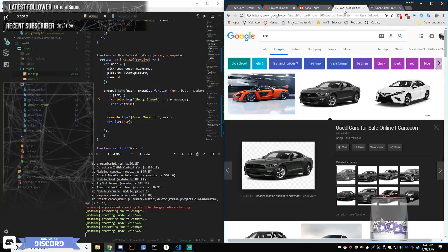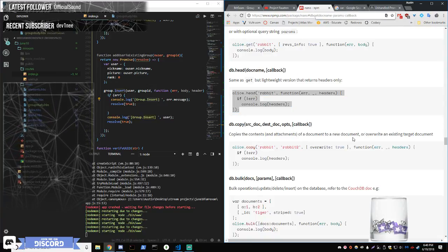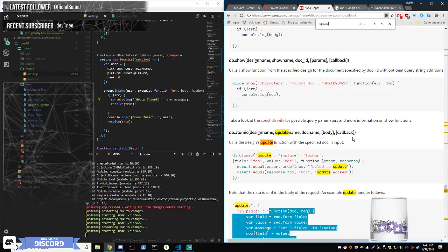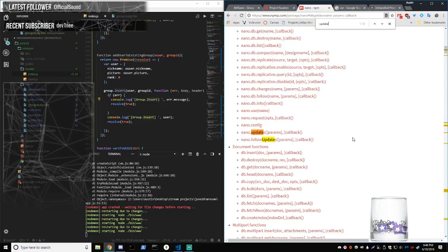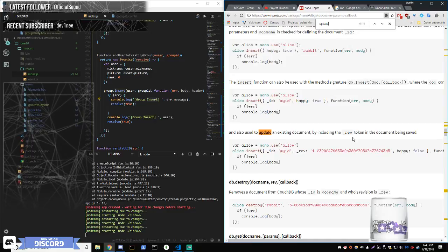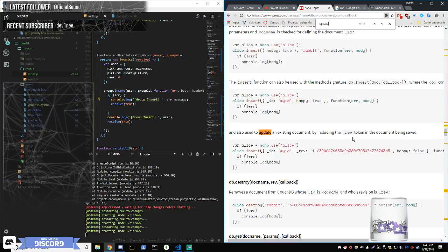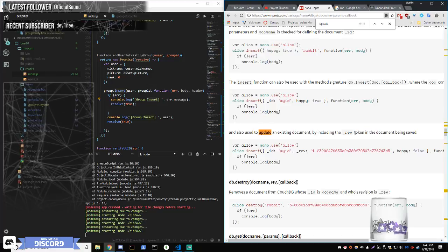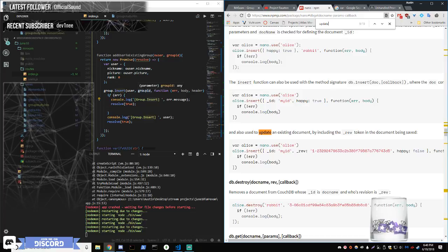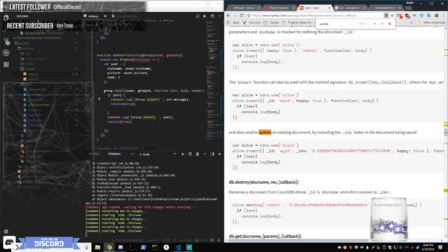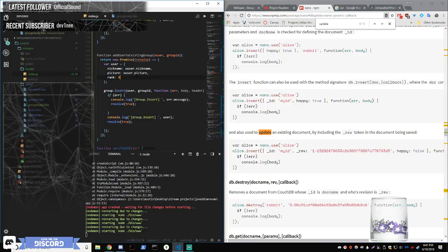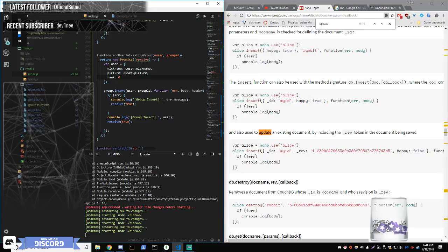So I think instead of inserting, we want to update. Updates follow updates by including the rev token of the document being saved. So if I insert a document being saved,